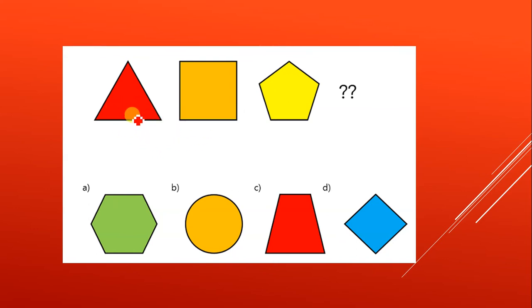And here you have to find the relation. If you see, this is a triangle bounded by 3 segments. This is a square using 4 sides. This is a pentagon. Why penta? Because it's a closed figure using 5 segments. So the next should be 6. Now try to find the figure that is made using 6 segments. If I count, 1, 2, 3, 4, 5, 6. So option A will be your answer.